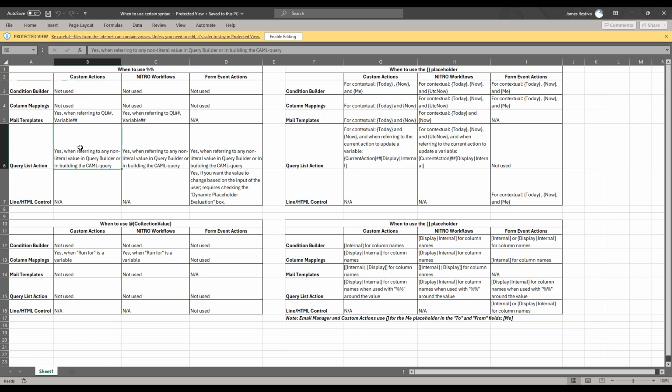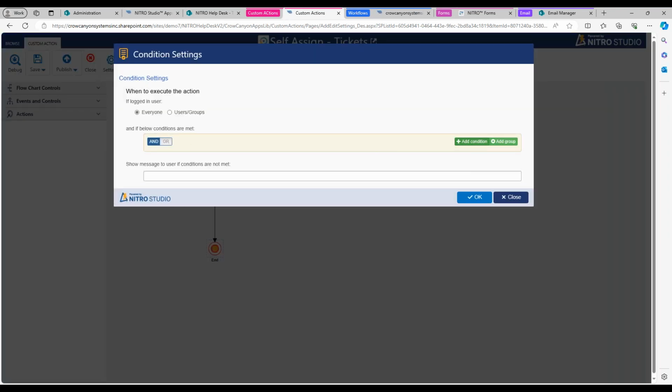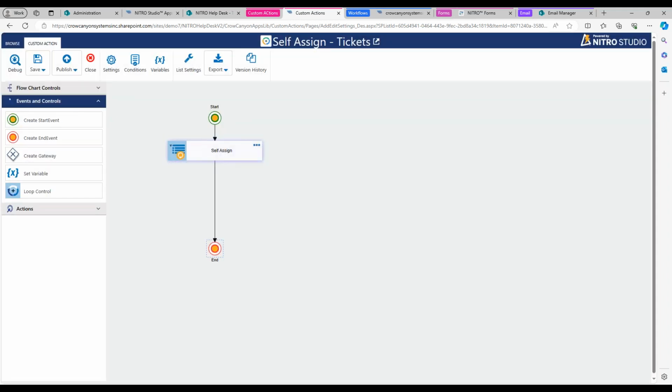Hopefully that helps explain those differences, but I just want to show you in action where these things would come into play. Like in custom actions, you have your condition builder here. And again, this condition builder up here, you're not going to need the percent signs for this kind of condition builder. If you're using a gateway,